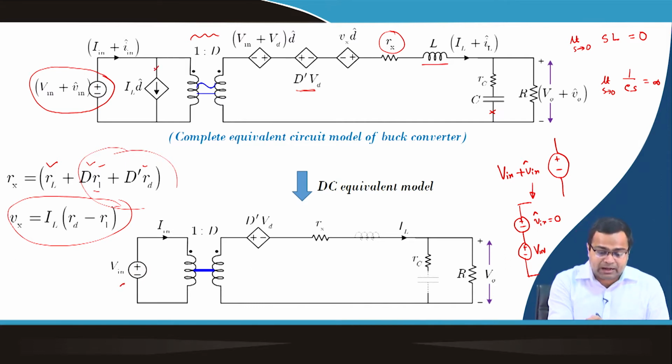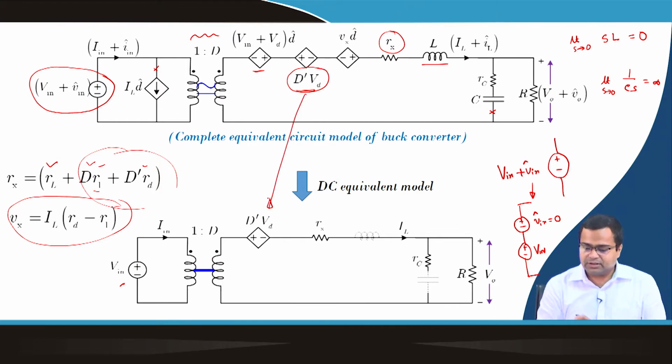We open this part because the perturbed term d tilde is 0. So, the current source will be open. We shorted this term, but this is a constant term, so it is there. Then this term is also a perturbed term, this will be shorted because it is a voltage source, and this Rx is already there, it is already a resistive term. Inductor is shorted and capacitor is not there, so this resistance has no meaning because this is not part of the circuit, and the load resistance. So, we obtain the DC equivalent circuit from the equivalent circuit model.